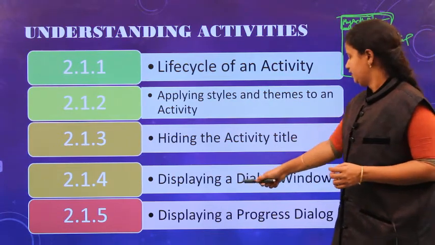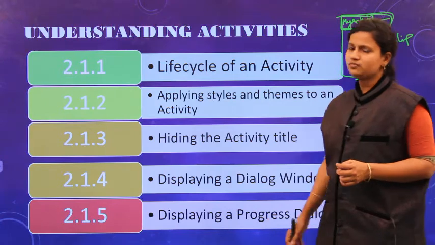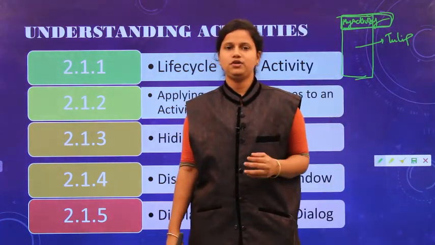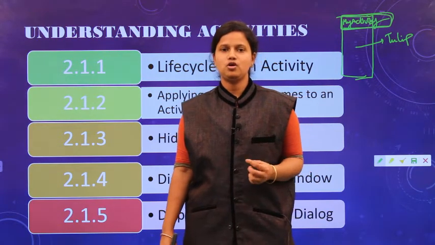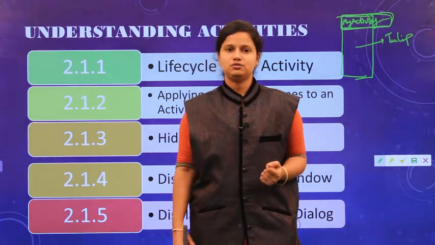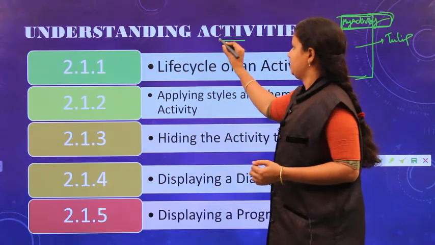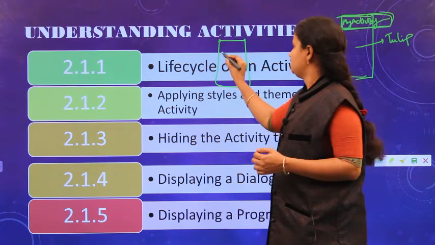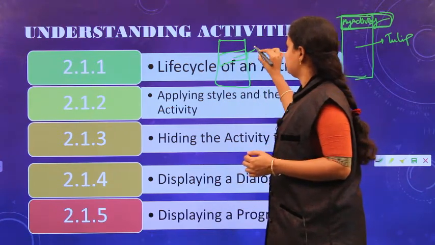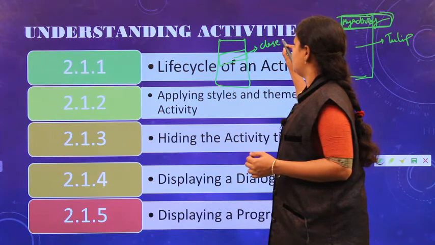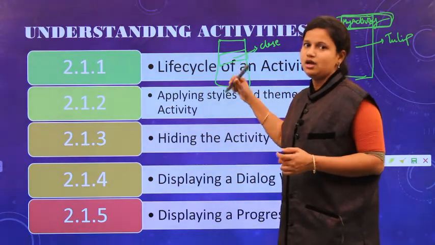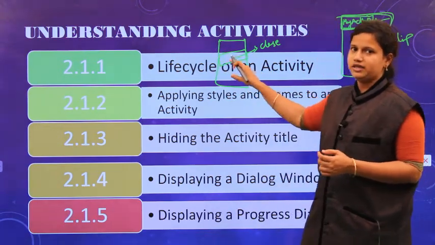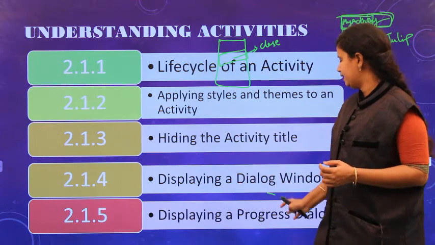And next one is displaying a dialog window. What is this dialog window? When you want to restrict the user or when you want to give warning messages, we have to display some small window in your application. For example, when you are opening any application, the activity space is like this. But in this, I want to display one dialog. What is the dialog? Closing of application. Do you want to close this application? This is my dialog box. How the warning message of your window appears, that is displayed in a dialog window.